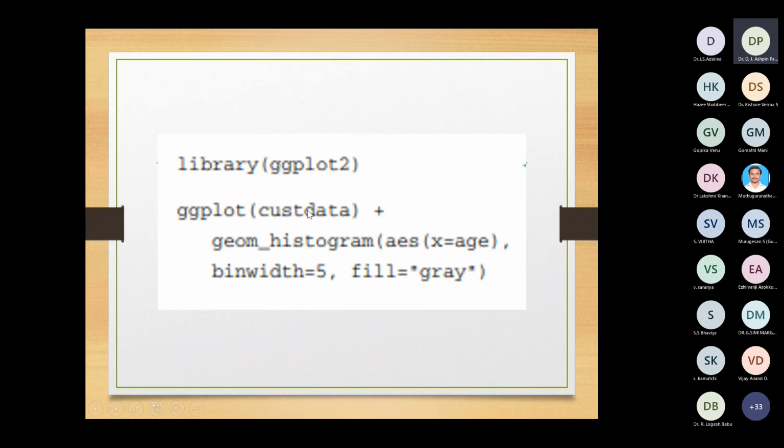One is the data, which should be an object of data frame type. And then you have to specify geom_histogram, here you see a histogram is drawn. Then it contains the aes function, which contains X and Y values. By using this you can represent X and Y variables. Also many other parameters; for a histogram, bin width and so on you need to specify.